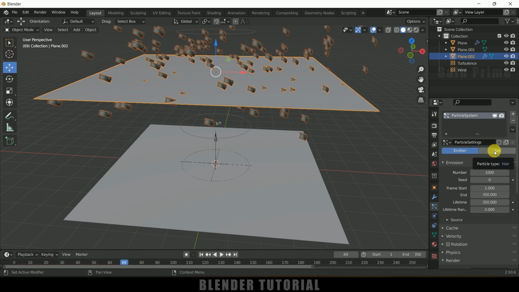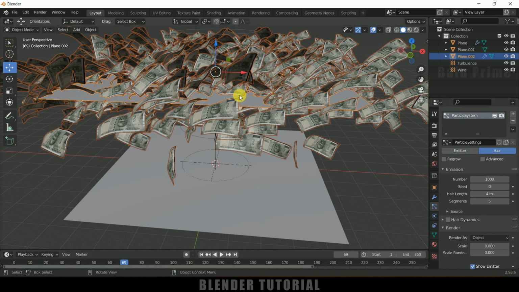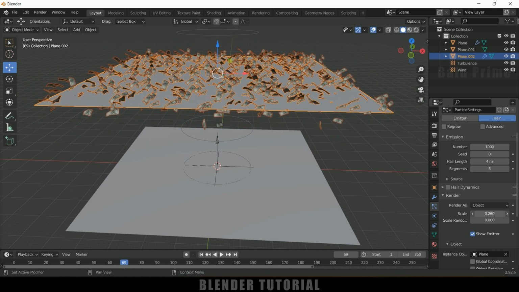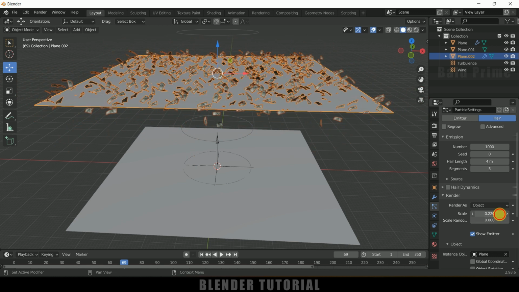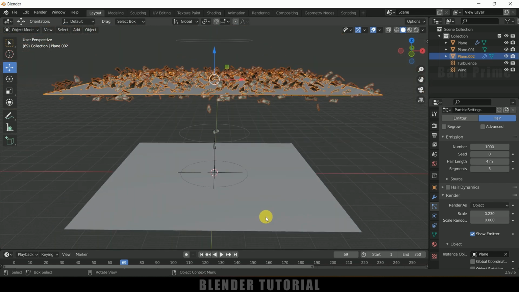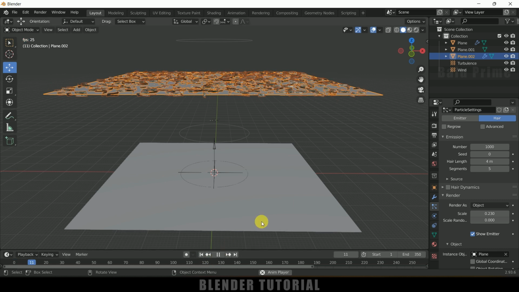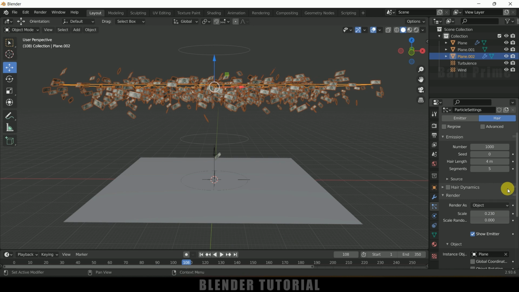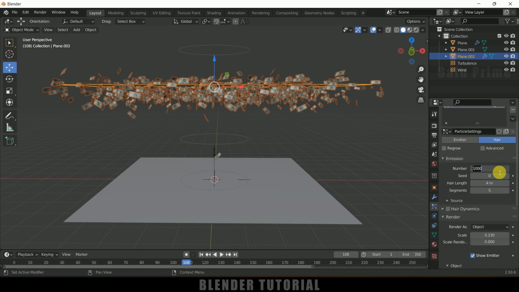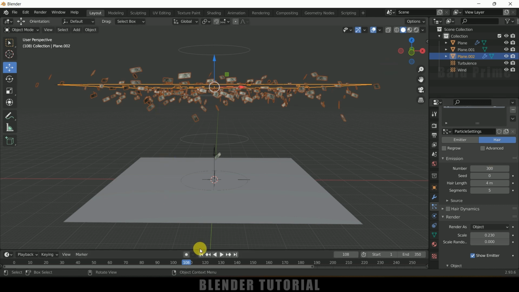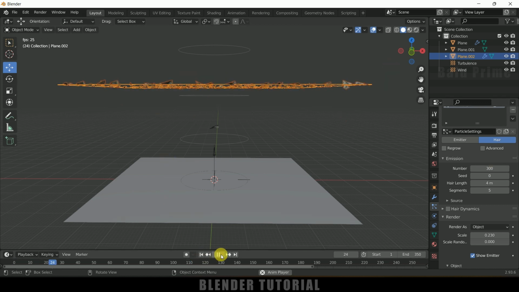Now click on this hair, and all of a sudden we can see the difference. Now let me reduce the scaling here a bit. I think 0.23 is fine. Let me check this. Okay, 0.23 is fine. And now if I play this, these are looking much better. Let me reduce the particle count to 250, or else let me change it to 300.